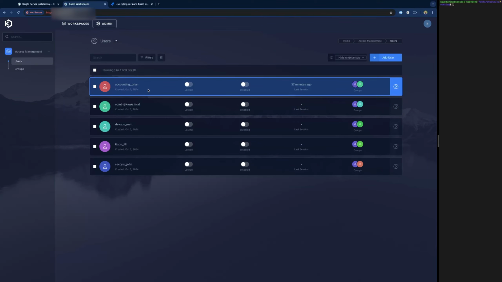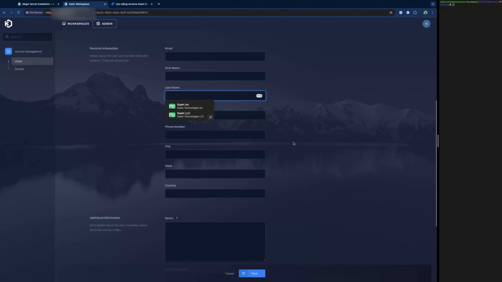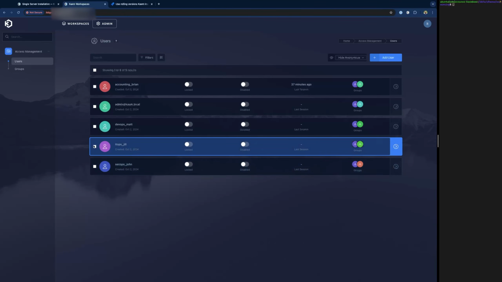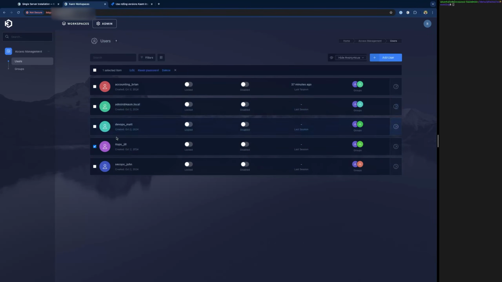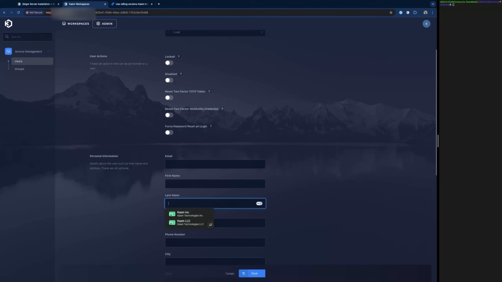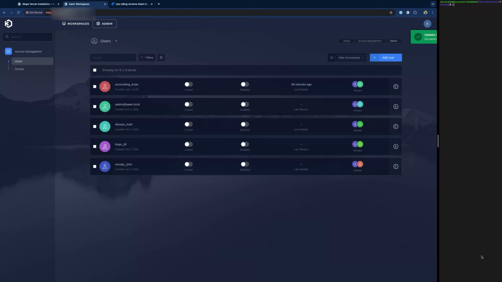And then for users, if I try to go in here for the admin account and try to change this to, let's say, last name and hit save, I did not add the permission in order to manipulate the admin account, and so I will not be able to alter the admin account. But for the others, like Jill herself, I do have the ability to add information here and modify.